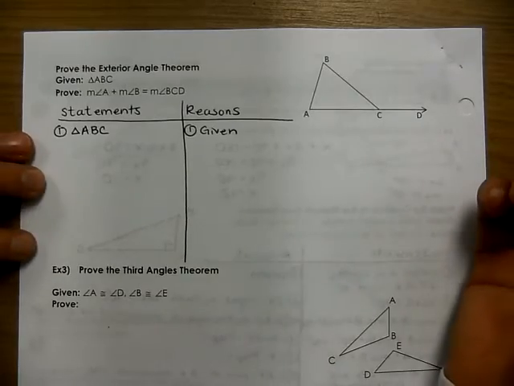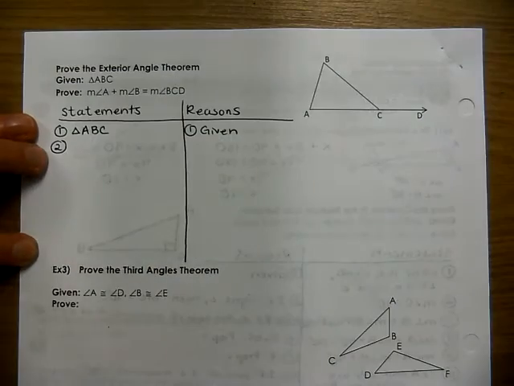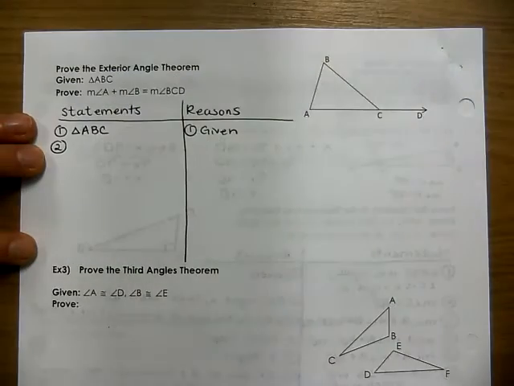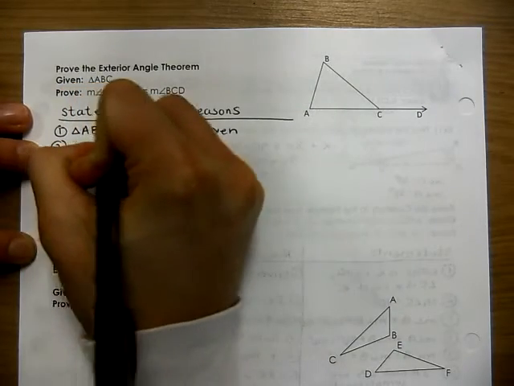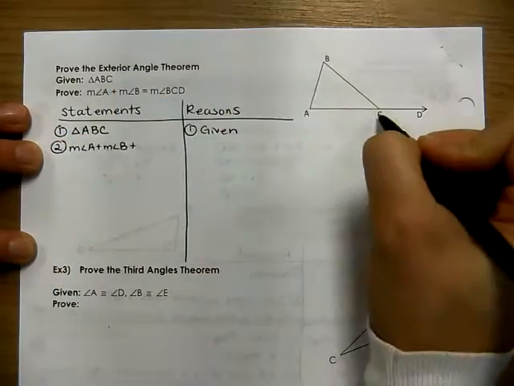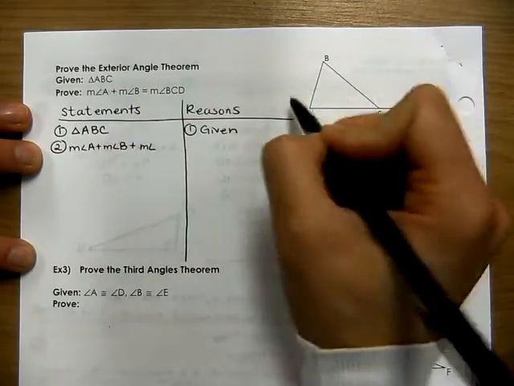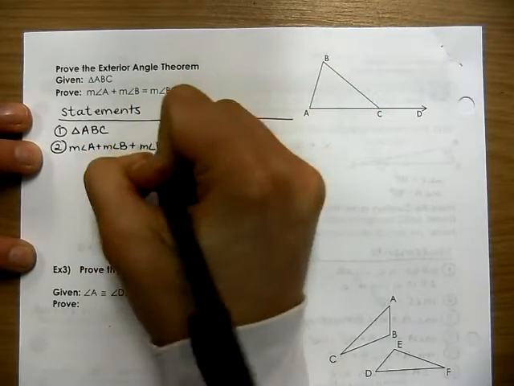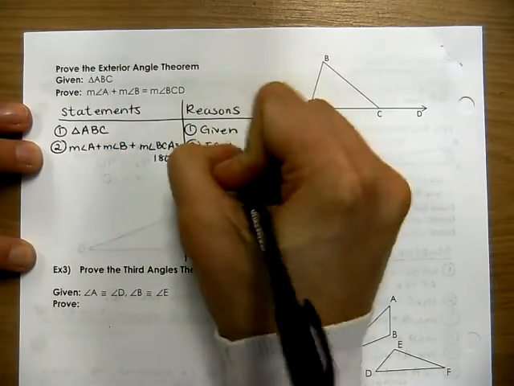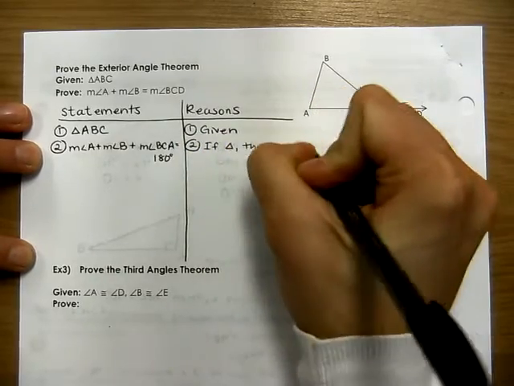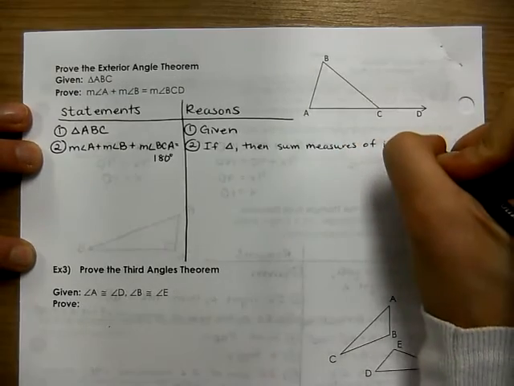In order to do this proof, I'm going to first start with what I thought of first, which I don't have to start with this step, but it's what I thought of first, and that the sum of the measures of the interior angles of the triangle is 180 degrees. So the measure of angle A plus measure of angle B plus, I can't say measure of angle C because there's two angles whose vertex is C, so I'm going to say measure of angle BCA is equal to 180 degrees. And this is because if I have a triangle, then the sum of the measures of the interior angles is